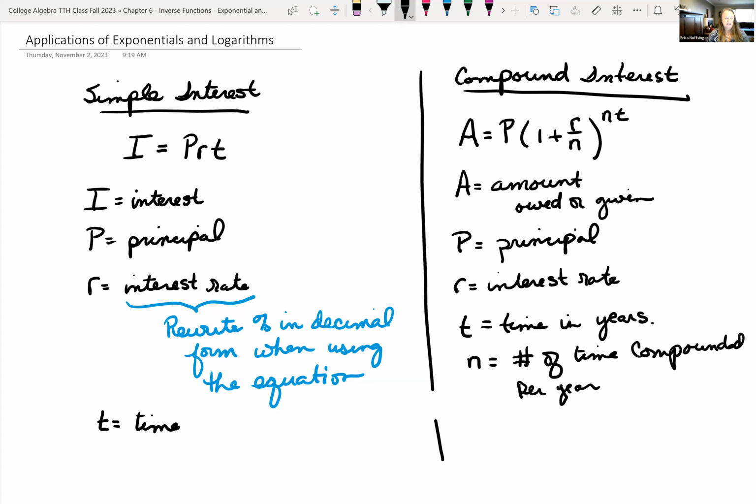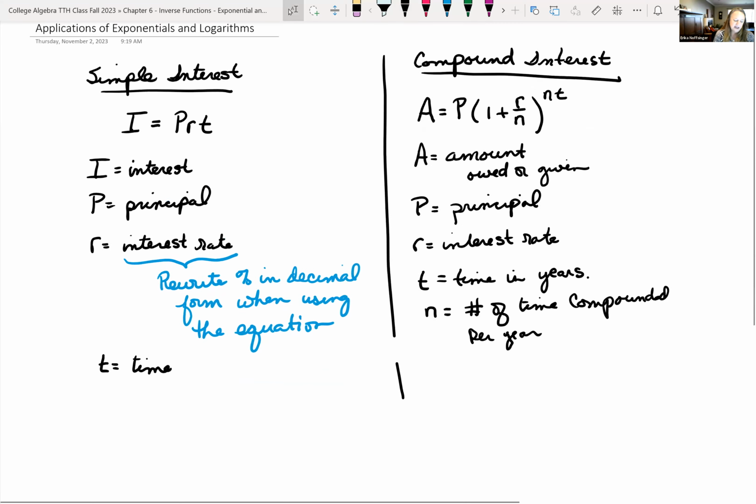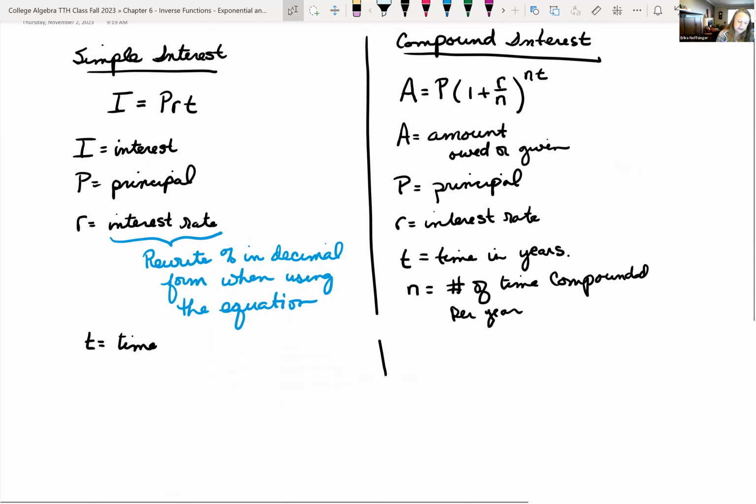So let's look at an example. Actually, before we jump into the example again. If they were saying it's compounded per annum, that means once a year. If it says it's compounded semi-annually, that's twice a year. If it's compounded quarterly, that's 4 times a year. There's actually one other formula, so maybe we just state that too. If it's compounded continuously,